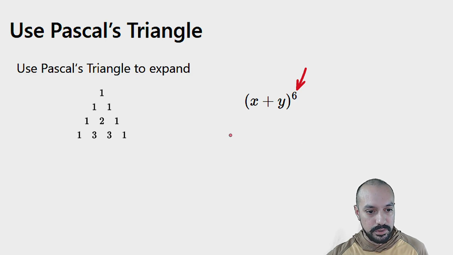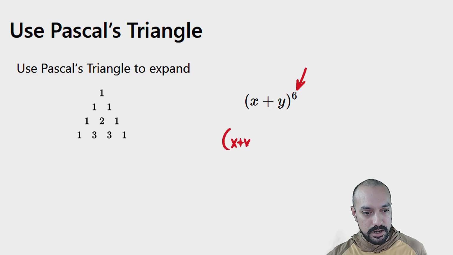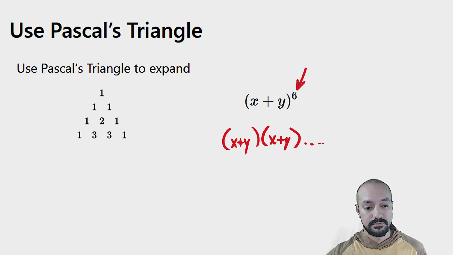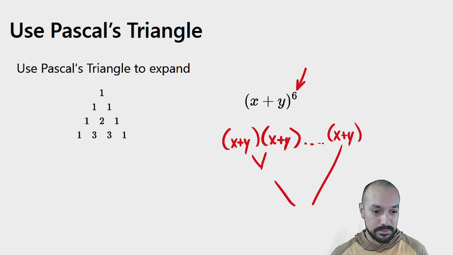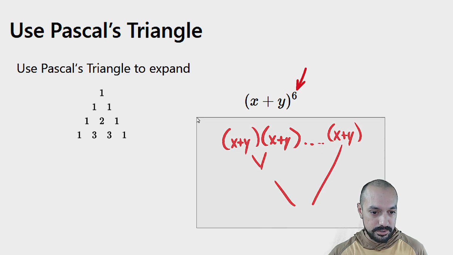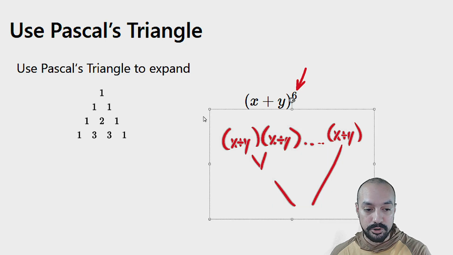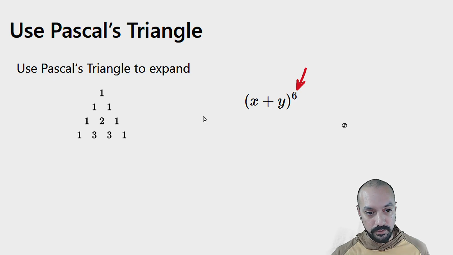So this means that we have x plus y times x plus y, 6 times. 6 times multiplying itself. You could do other tricks. For example, you could multiply these two and then take that result and multiply it by another x plus y. But I'm sure you can imagine, that is going to take forever to do. So there's this idea of expanding binomials, and it gives us an entire shortcut